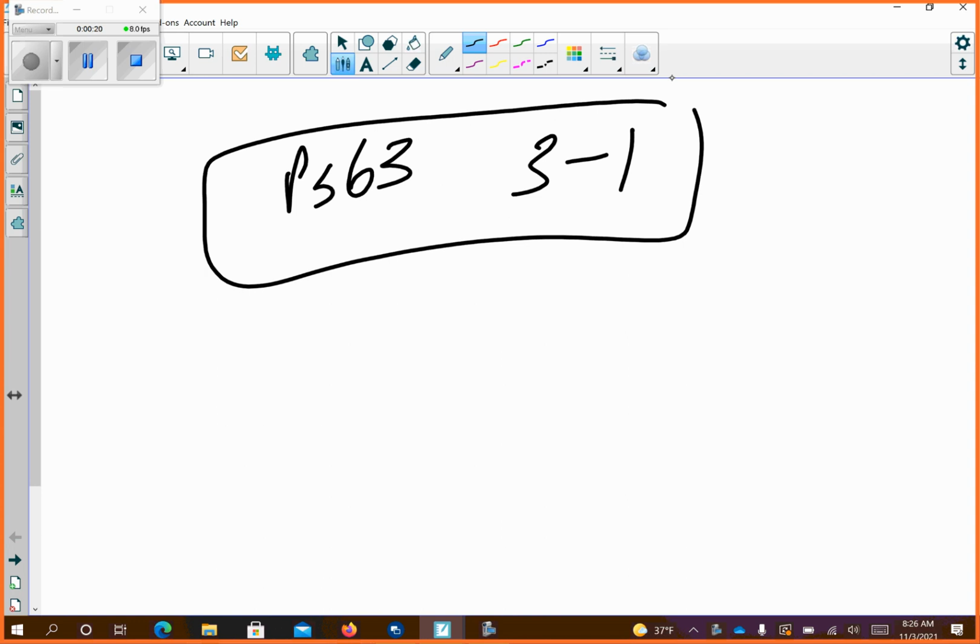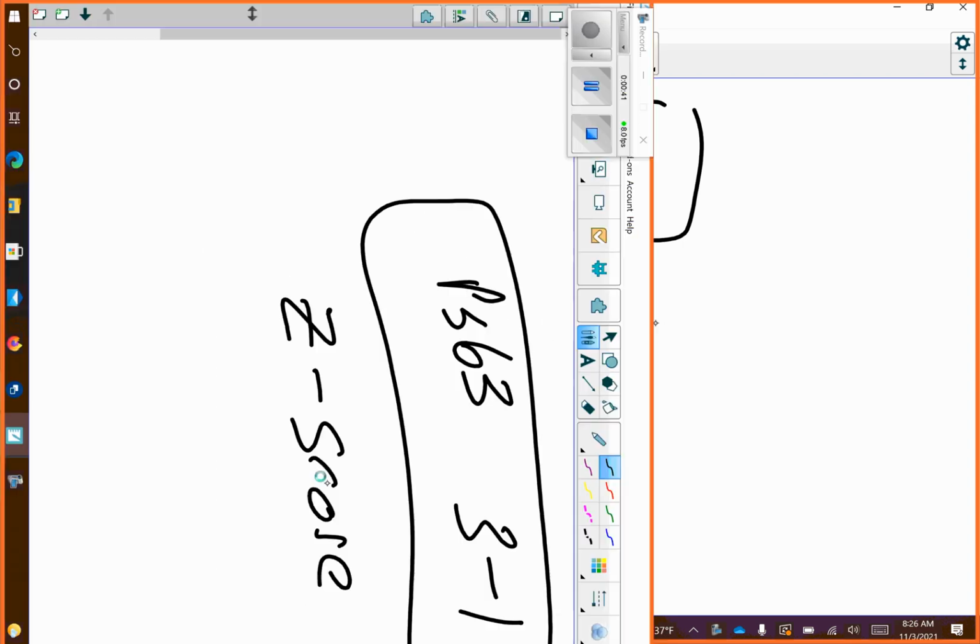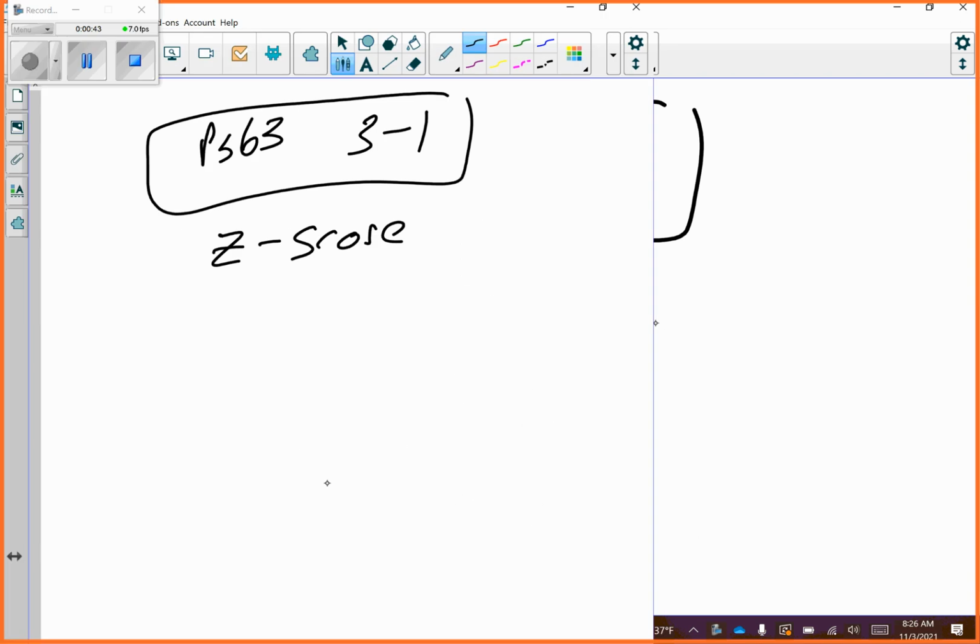Okay, so first thing we're going to talk about, a z-score. A z-score is just a standard deviation. Standard deviation is how far away you are to the right or to the left from a mean. Z-scores are very much used, especially on,